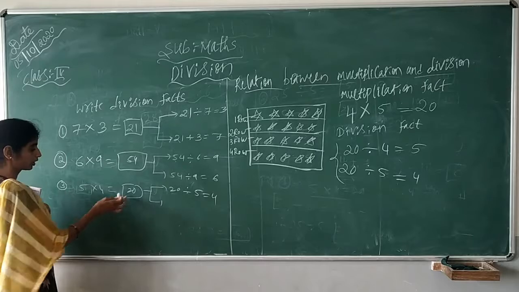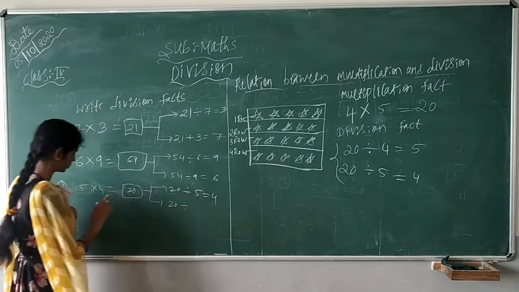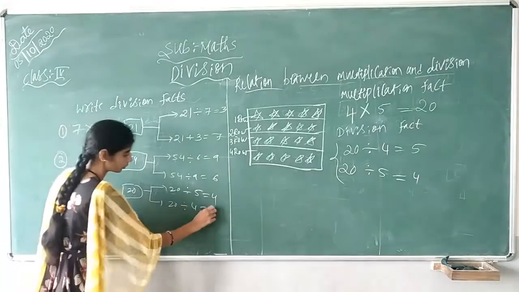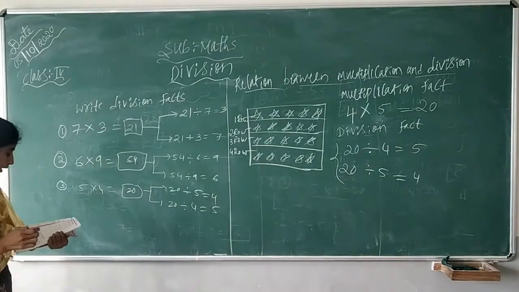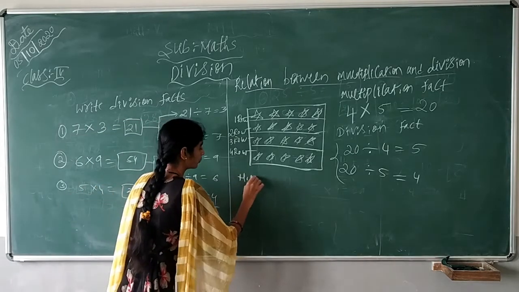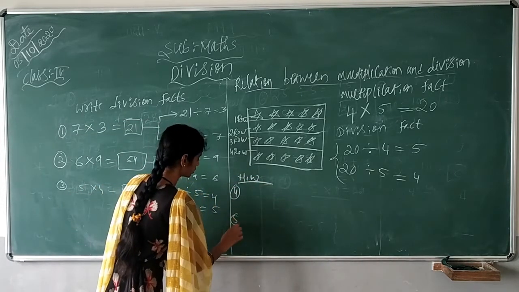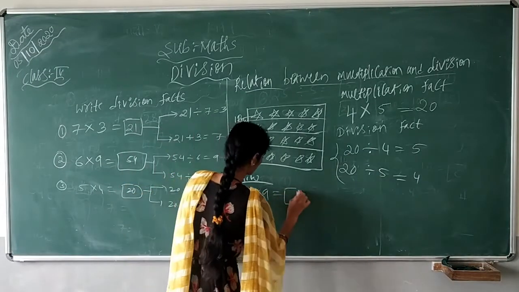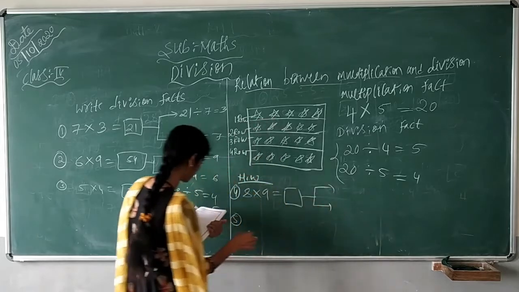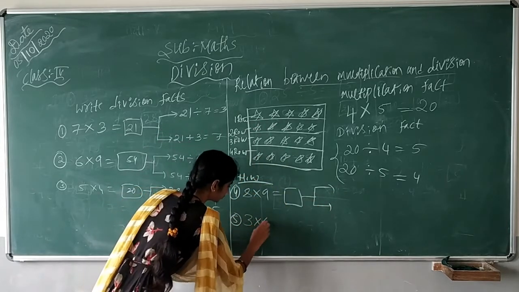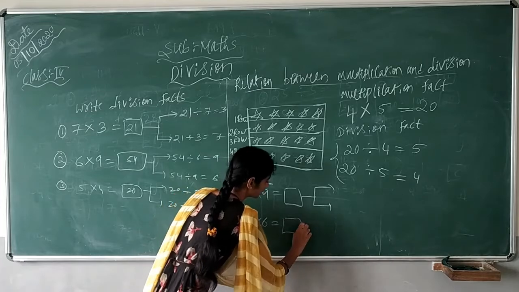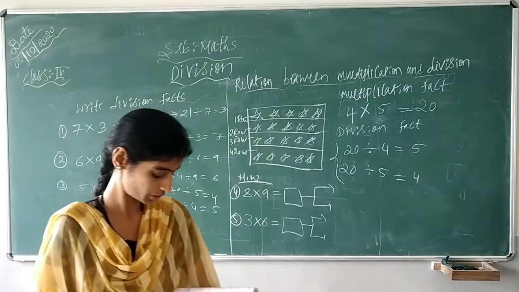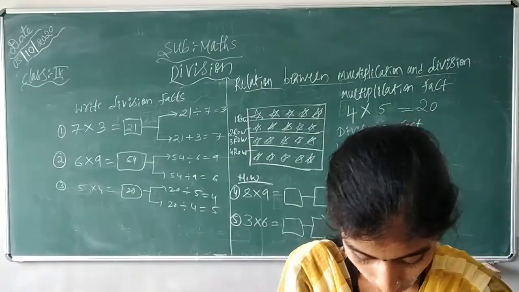You can use the trick. Then second, you can write 20 divided by the second number. Which number is left here? 5. So you have to write 5. Okay. So the remaining two are homework. Question number 4 and question number 5, you have to do in your books. 8 nines, complete this. You have to do the homework. 6 threes are how much? You have to write it and do it on your own. These two. So this is all about exercise 6.1, children.